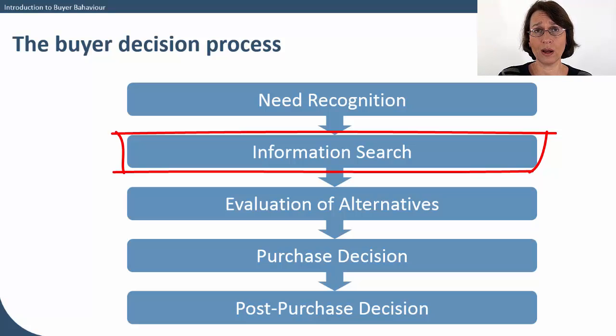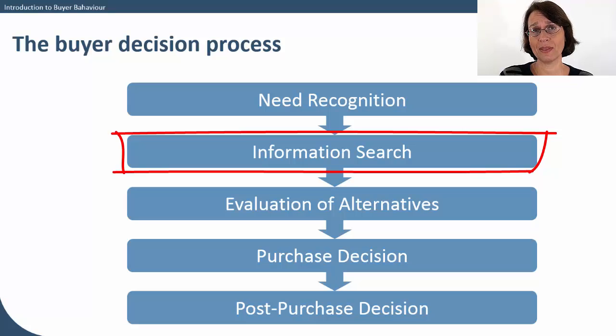You start looking online, you talk to your friends, especially if it's a product with high involvement, such as a holiday, where you're going to be spending a lot of money. So you might look at brochures, you might ring companies, you might go online, you ask your friends what holiday they've been on. Okay, so this is a heightened information period. You as a marketer need to make sure that your information is ready and available for the consumer to read and browse, and it needs to be easy to understand.